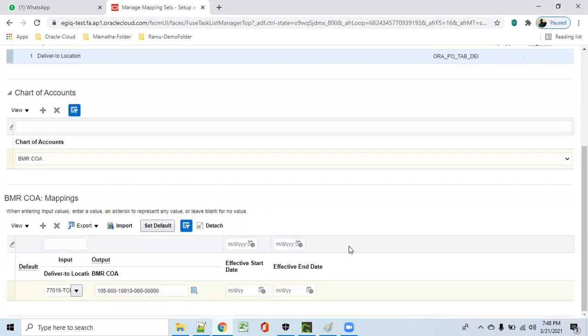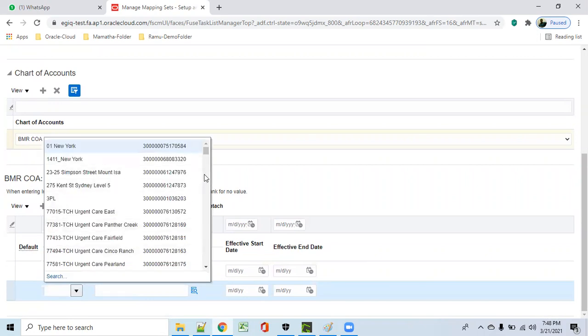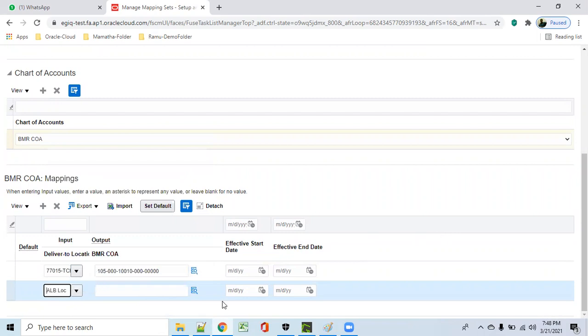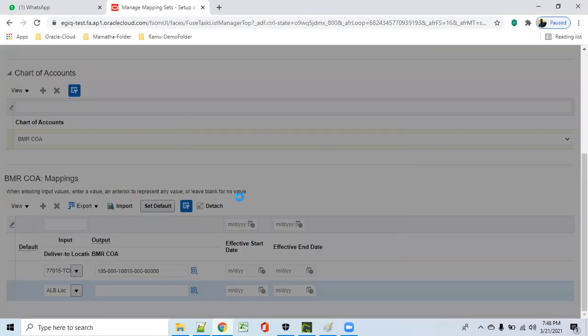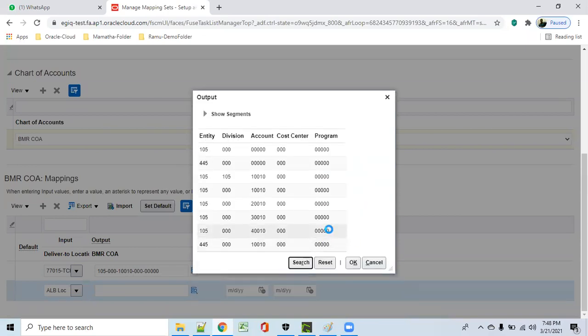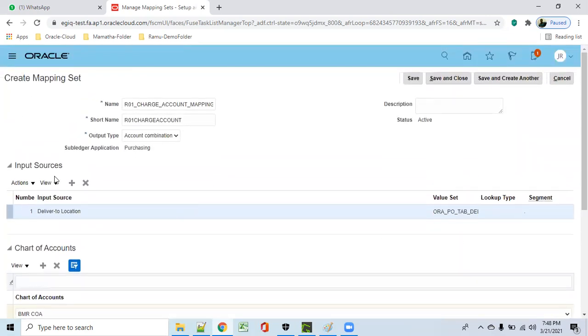Similarly, if my deliver to location in the PR or PO is ALB, then my combination is this one. So this way you have to make your own set of mapping sets, either accounting combination or segment combination, value set combination.